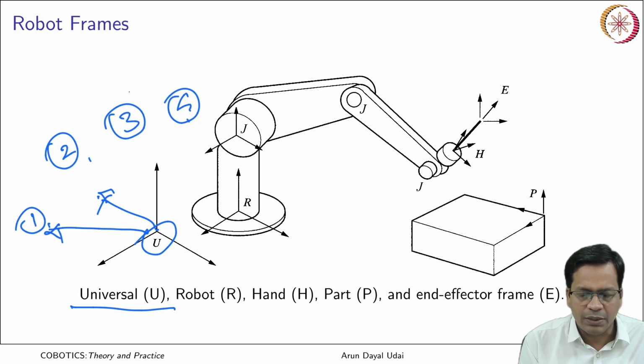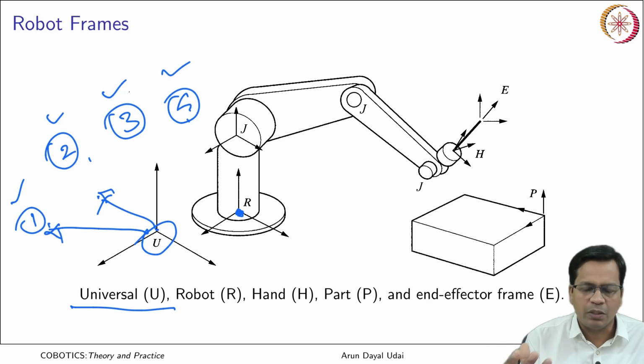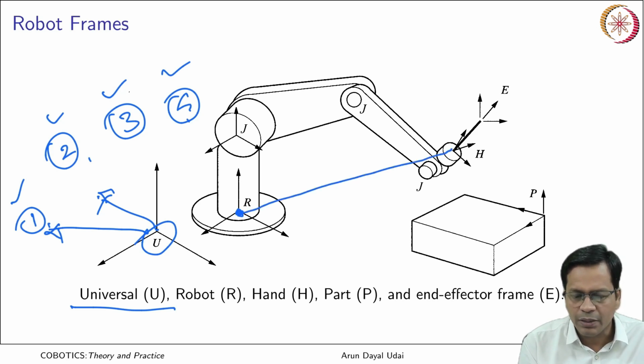Now, the robot itself has a frame. This robot frame has all the links and the joints and its end effector. Each and every parameter is represented with respect to this frame, because this frame is attached to the ground where the whole of the robot is mounted. Normally, it is sitting at the bottom of the robot at its center, about which you measure the end effector position, where all the joints are located. So, that is known as a robot frame or robot base frame.